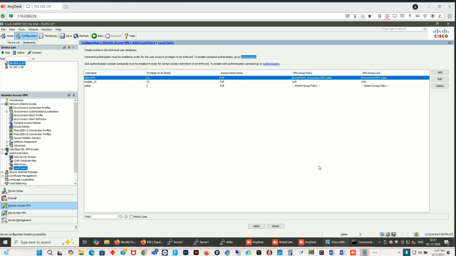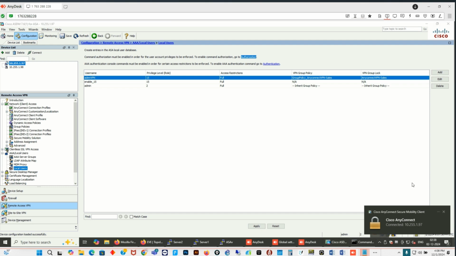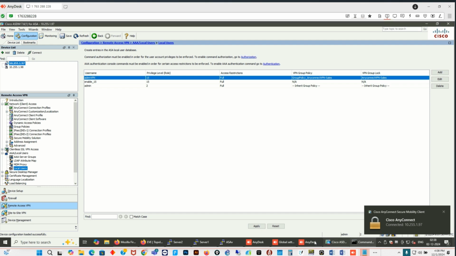It said, okay, so now it's connected. So you see Cisco AnyConnect is connected. So now we are connected to the VPN. And when you come to